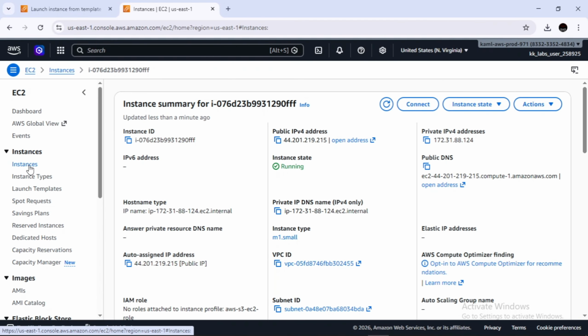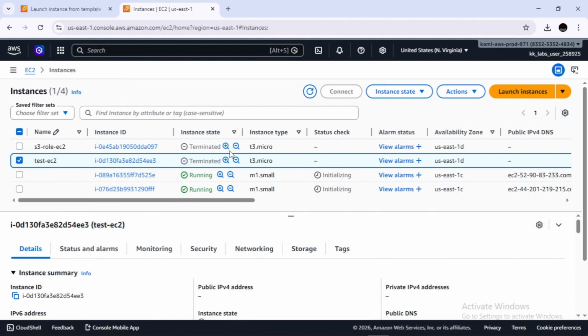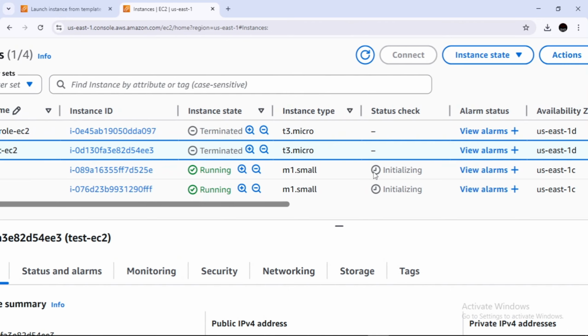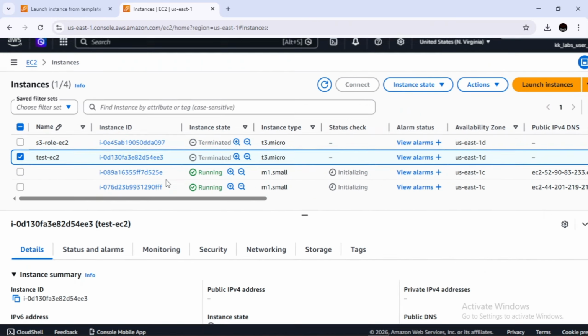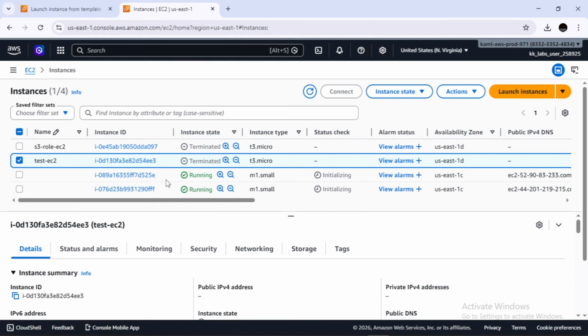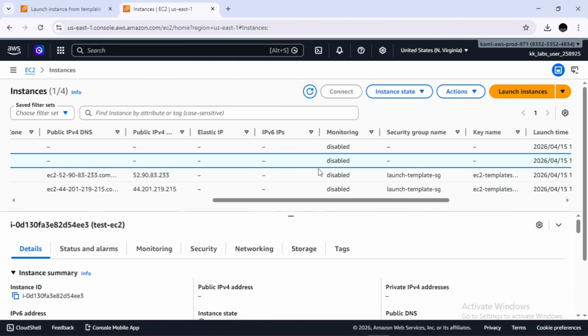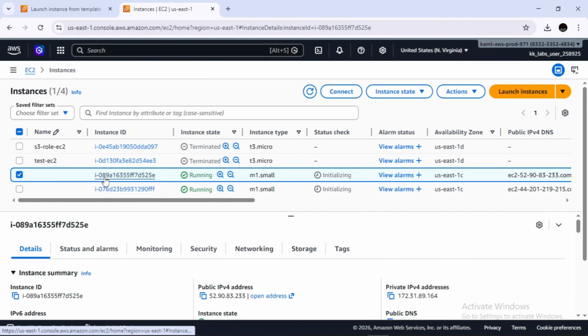So go to instances and verify the existence of the EC2 instances. As you can see, these two instances are running with that particular instance type. And yeah, let's wait for the status check to be fully passed. So let's verify the existence of Nginx on this particular instance.